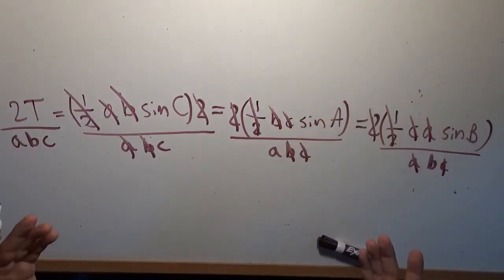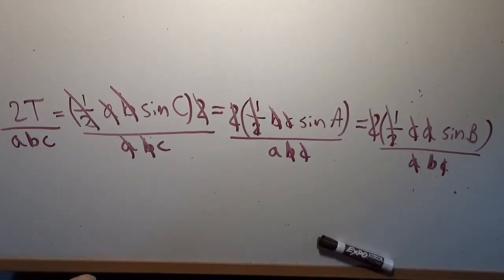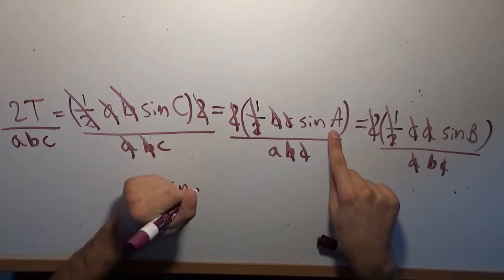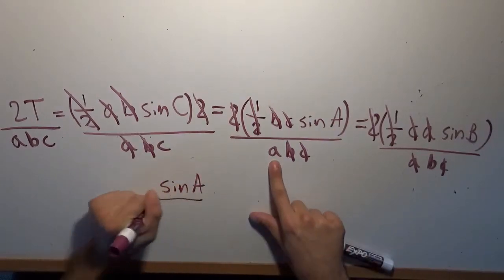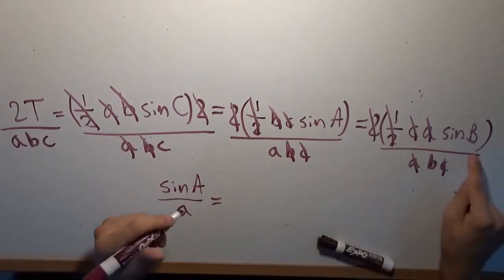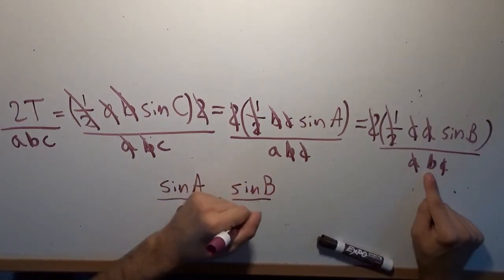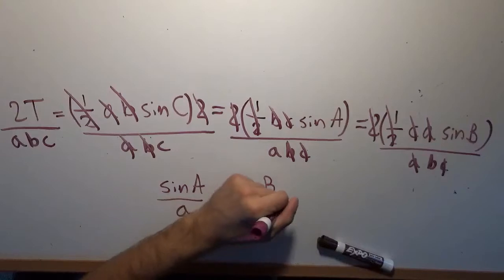And we are left with the exact relationship that we wanted to find, that the sine of capital A divided by little a is equal to the sine of capital B divided by little b is equal to the sine of capital C